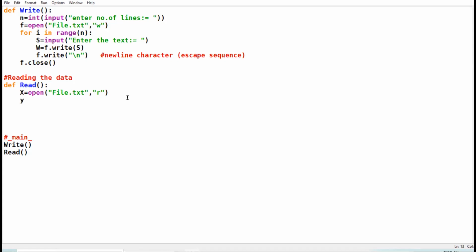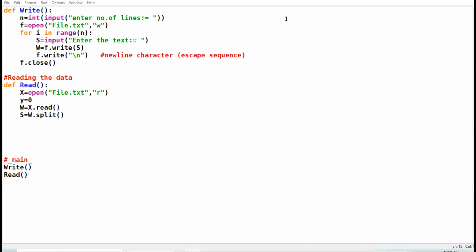So I am taking variable y equal to 0. Clear? In order to count the occurrence, read the data by using the read function, and split the data into individual words.